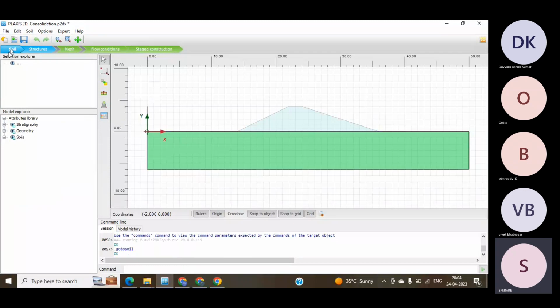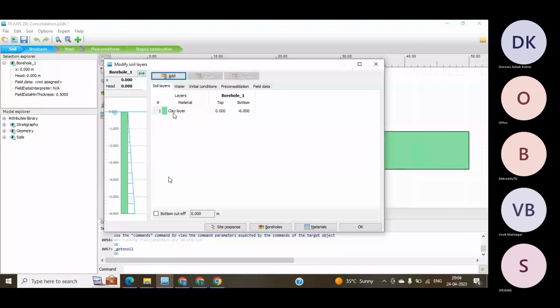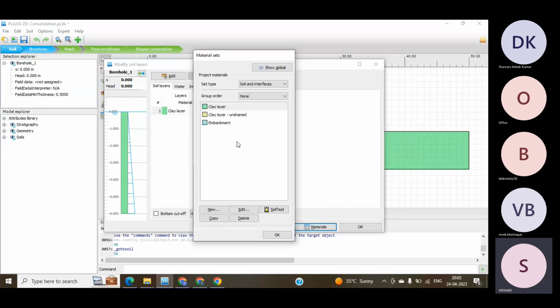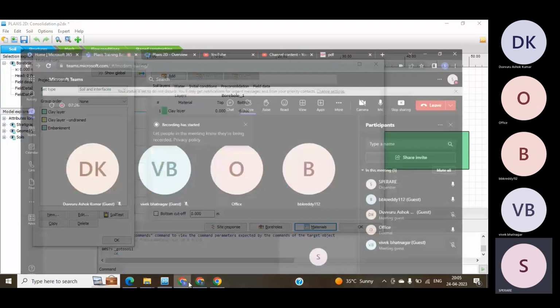Actually, what I'm doing here is taking up a soil, and to this particular soil I've created one borehole. If I look into the borehole, I have collected only one clay layer, and the depth I'm considering is -6, and the water level is exactly at 0. So the groundwater level equals the water level, exactly on the top surface. And now when you look into the material properties for the clay layer